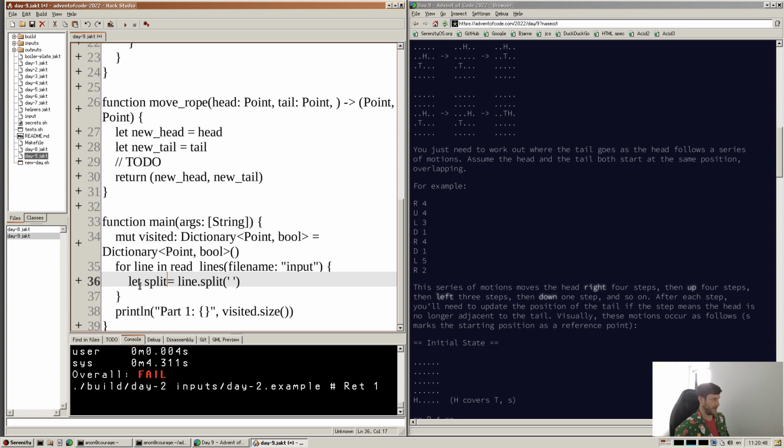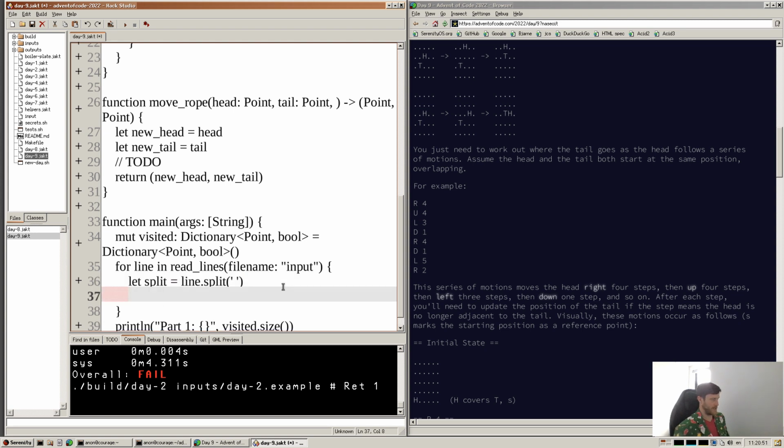Split. Right, so we split that there, then we want let direction equal, that's going to be the split 0, but we probably want to go direction, not dictionary, direction pass, and that will give us a direction, I guess,